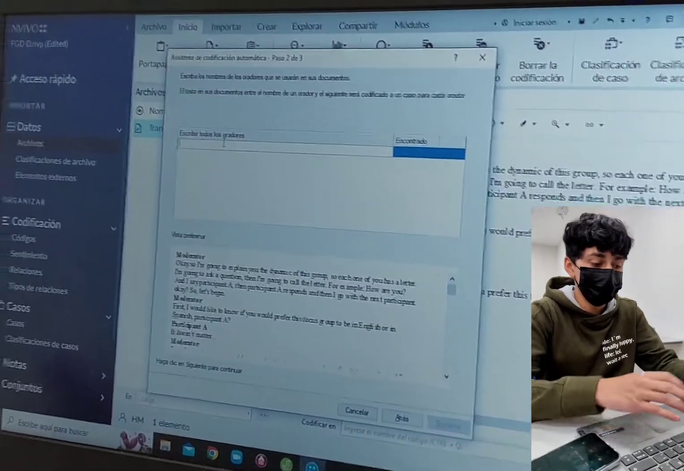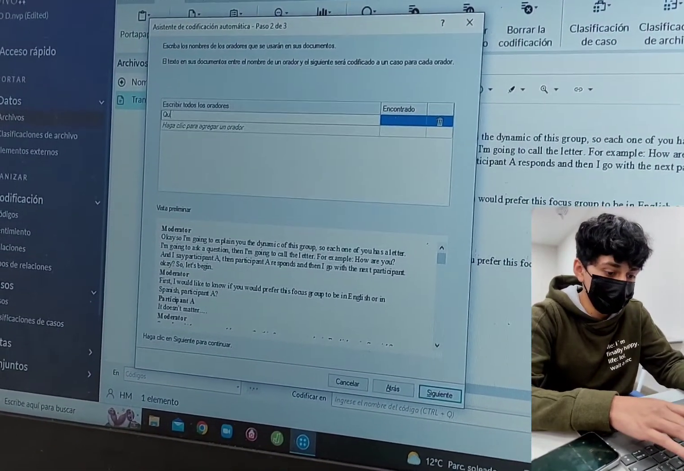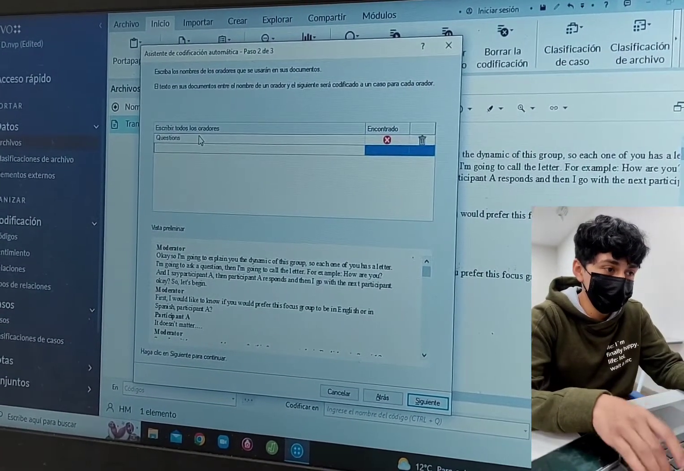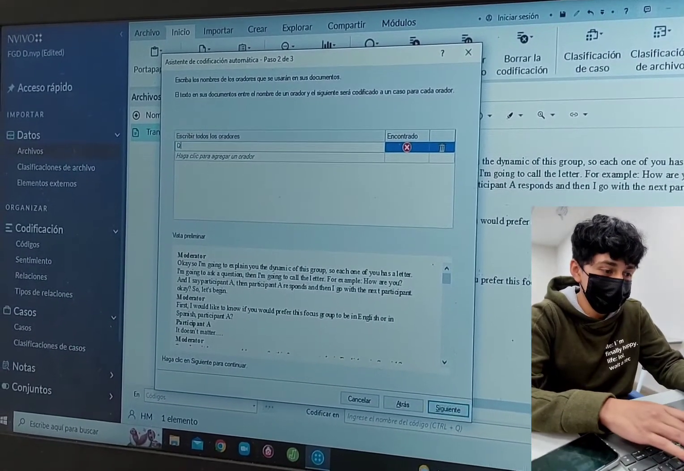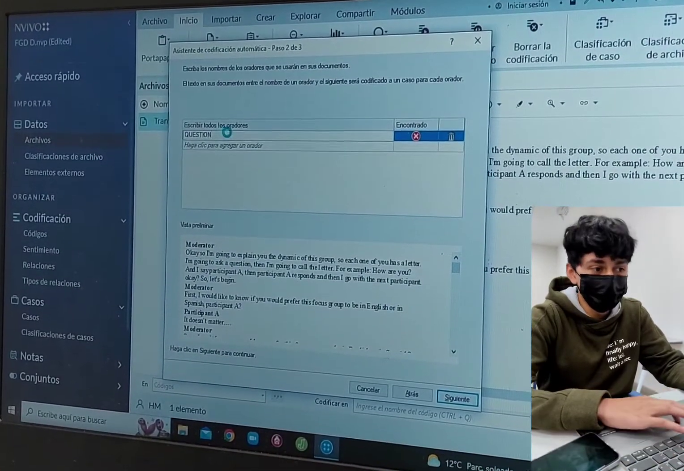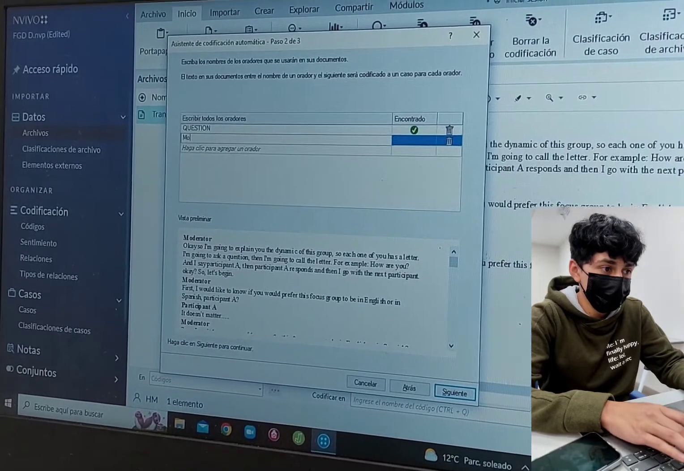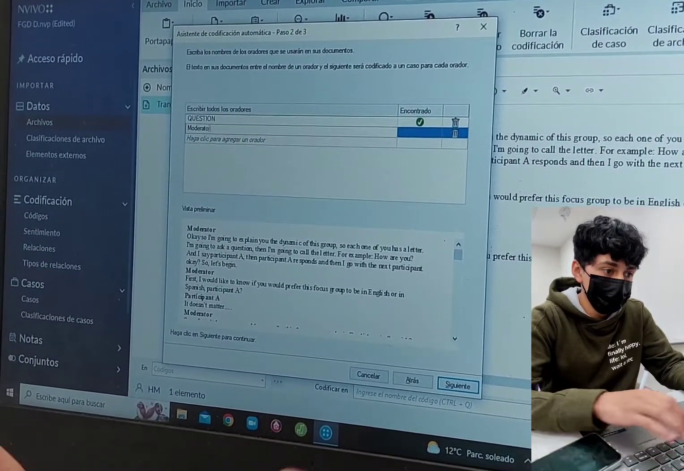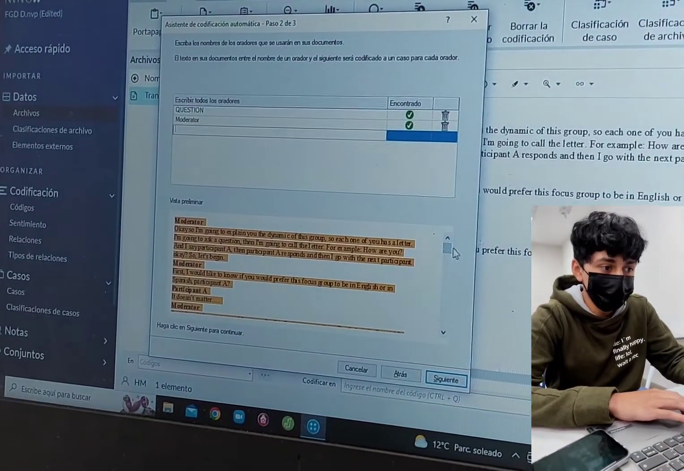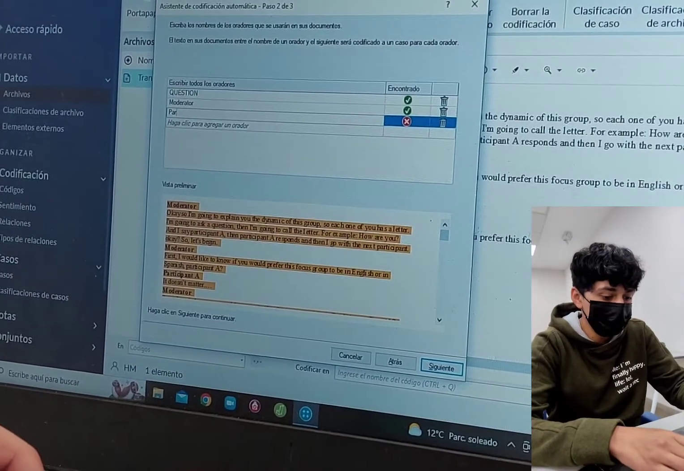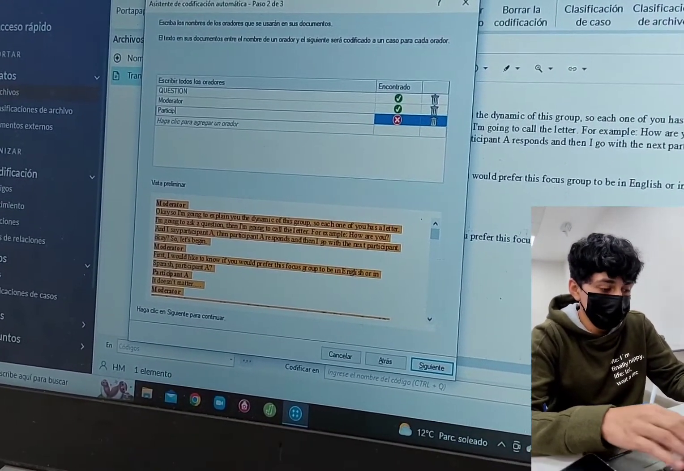So we click on next and we have to write all the things that, for example, we have questions, and it doesn't find it because I think it's all in capital letters. Yeah, so we have questions. Then we have the moderator. So as you can see, it is highlighted. And we also have to find the participants. So participant